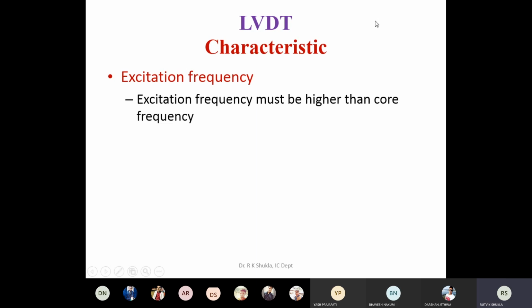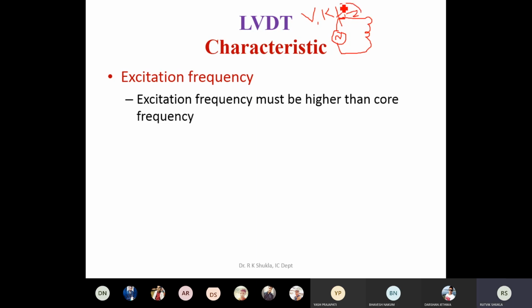Okay. So what this particular thing indicates, as Bhavesh has rightly pointed out, is the frequency with which you are exciting your primary winding. If this is your primary, then on the primary side you are giving some excitation. Clear? So excitation is several volts. Ideally you are giving say 1 to 10 volts, and the frequency is somewhere in the range of kilohertz. So that is your input excitation.